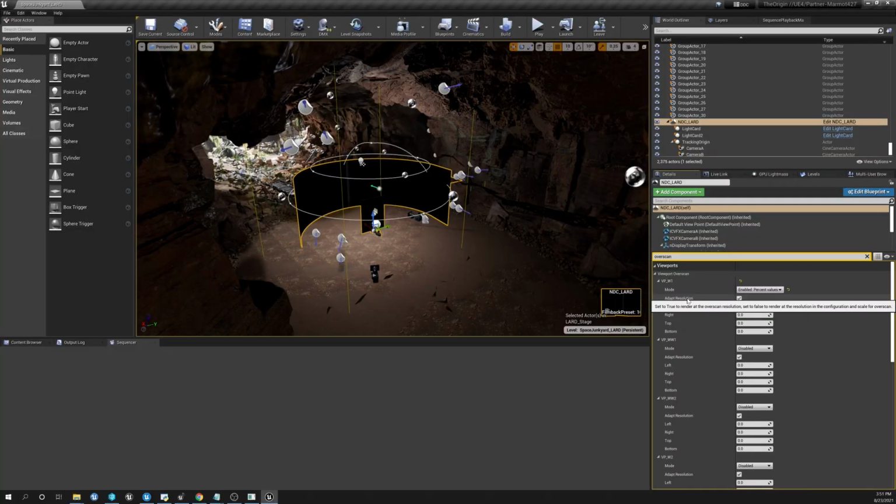In addition, we offer the opportunity to adapt the resolution of the viewport that you're overscanning. By having this set to true, the resolution will increase in order to compensate for the changes that you're making, such that you don't lose resolution by stretching it out to an overscanned viewport. If this is not of concern to you, you can switch this to false, and you'll get better performance out of your overscan.